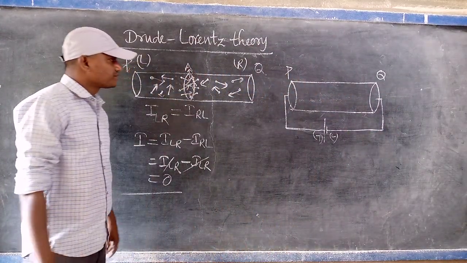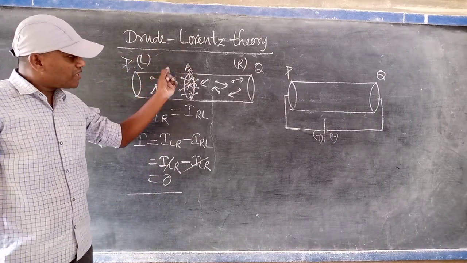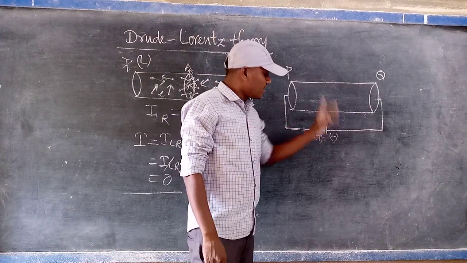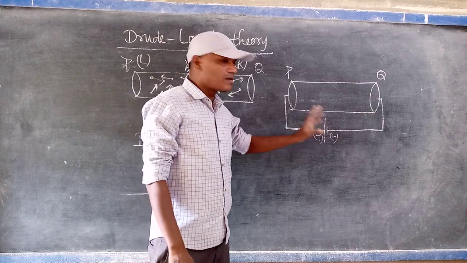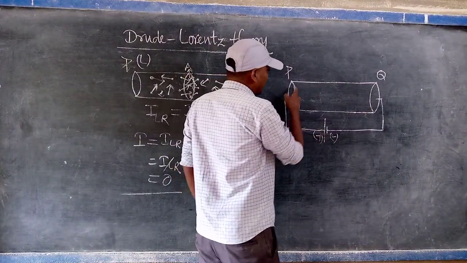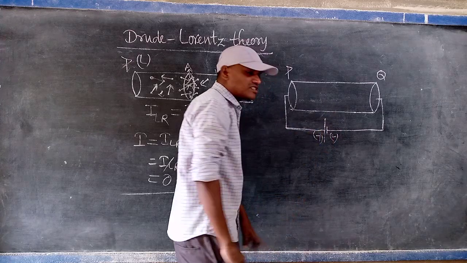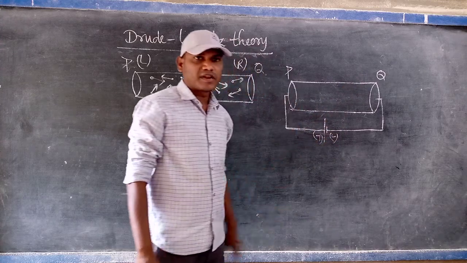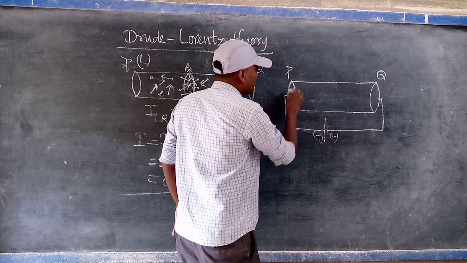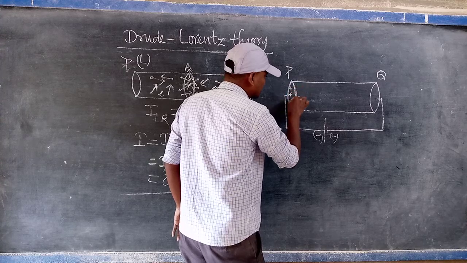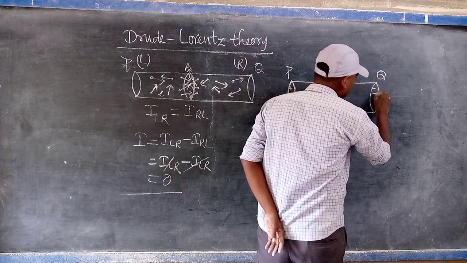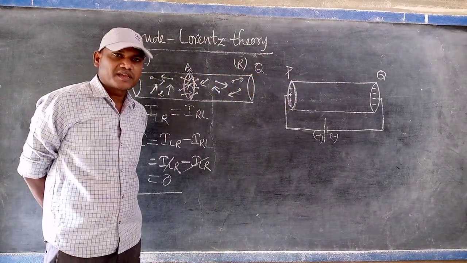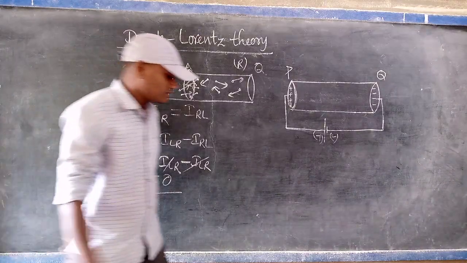Here, listen very carefully. P and Q are the free ends of the conductor, connected to an external source like a battery. By connecting the opposite terminals of a battery, P is connected to the positive terminal and Q is connected to the negative terminal. That's why at the P end, which charge is created? Positive charge. At the Q end, which charge is created? Negative charge. What is the use of the battery? I will explain that in the concept of electromotive force.